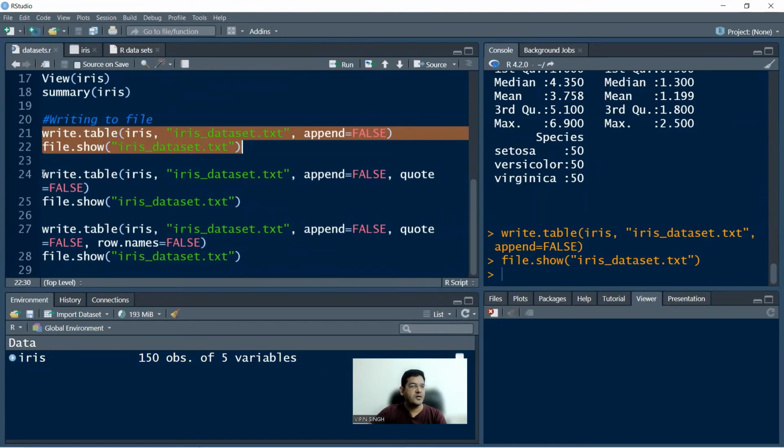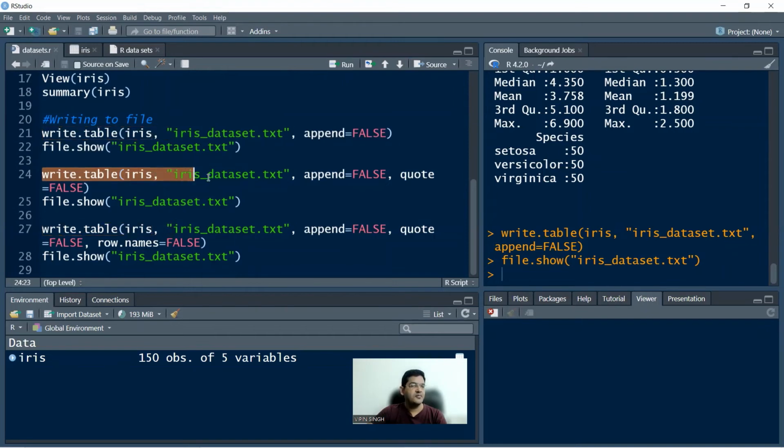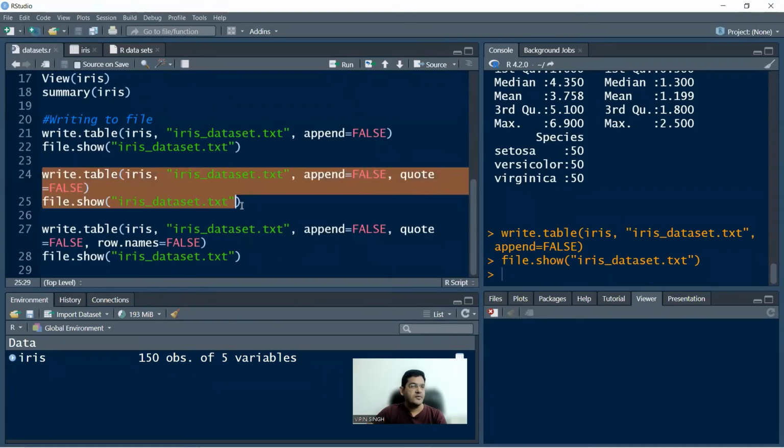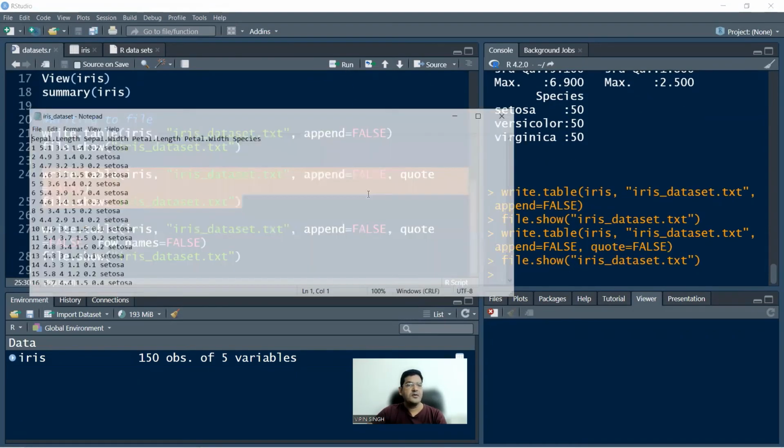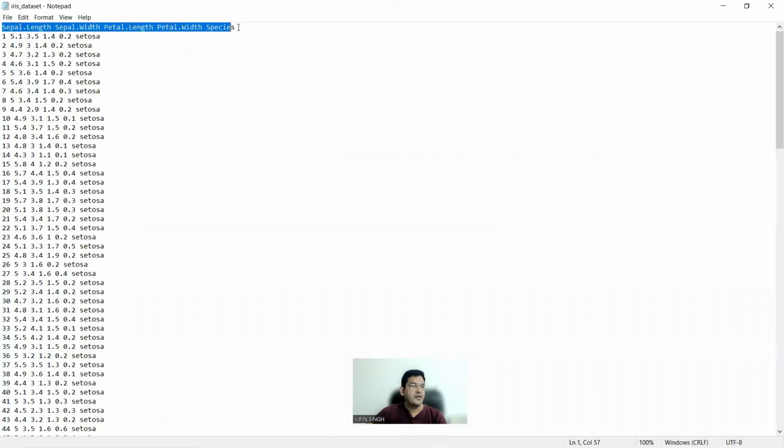So we say write.table iris, which is the name of the dataset that we're writing, then the name of the file, iris underscore dataset.txt, then you say comma, append equals to false, because we're going to every time write into a new file or overwrite the original file, and then quote is equal to false again, right? So when you say quote equals to false, the quotes will go. So we can again see how this file shapes up. So here you are, you run this part, and when you run this, here is what you get, right? So no quotes in the header line, no quotes in the categorical variable column,